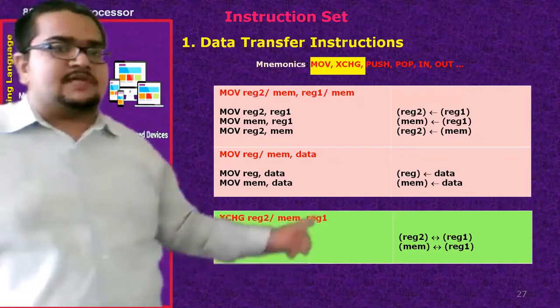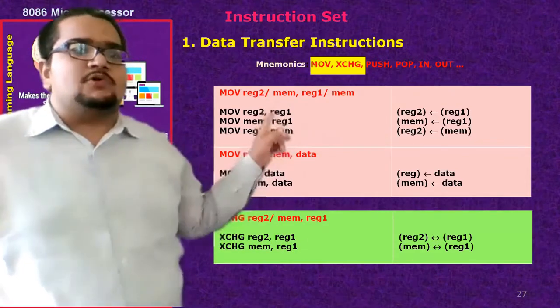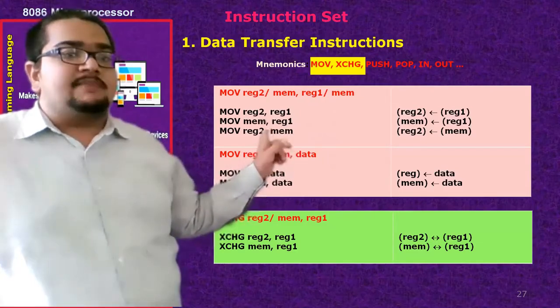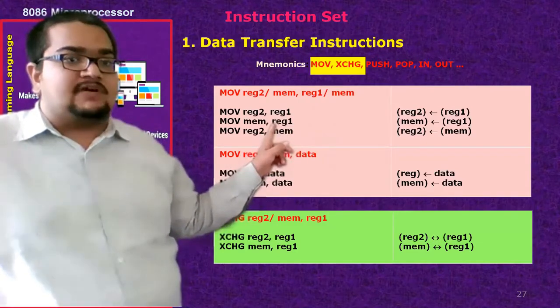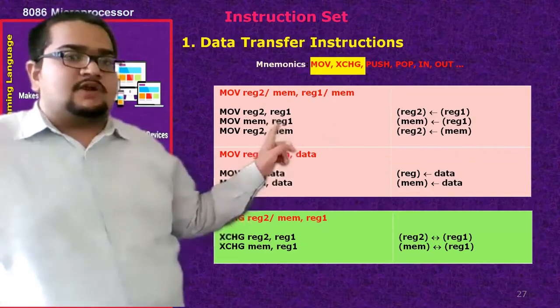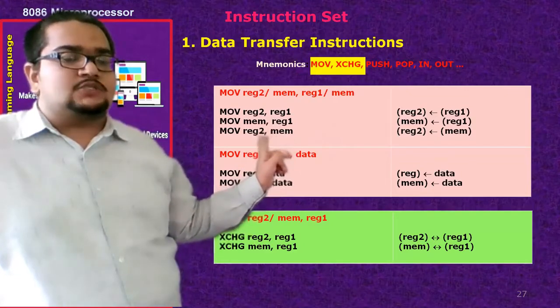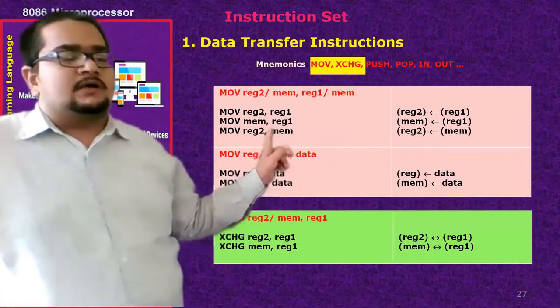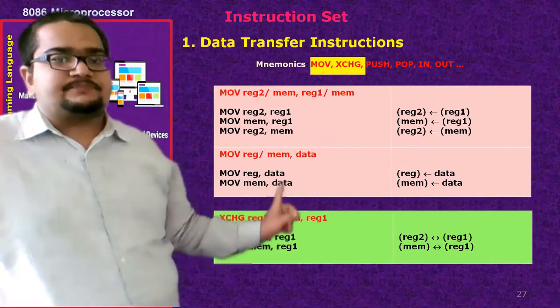Okay, when I say addressing, you can see here, the move instruction supports all sorts of addressing, register addressing. Register and memory means it supports the group 2 type of addressing also, where one of the locations is memory. And these two examples are the case of group 2 type of addressing.